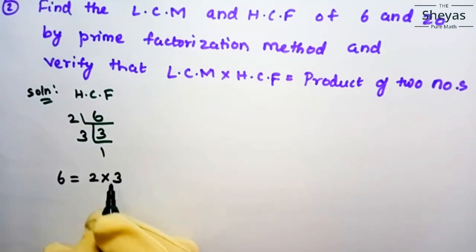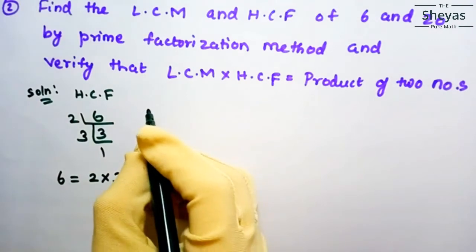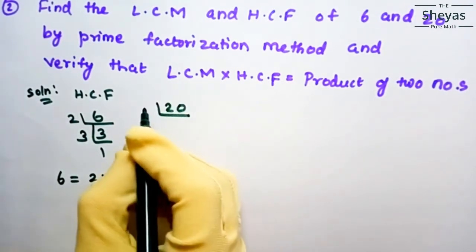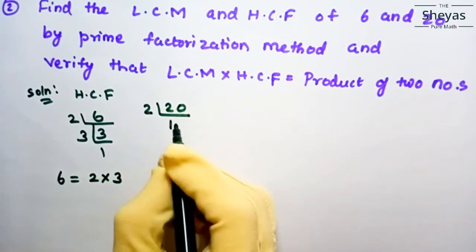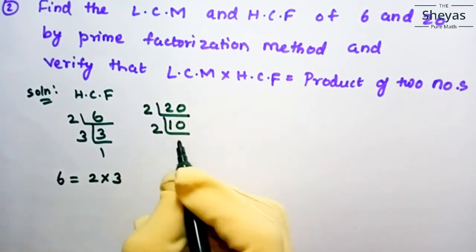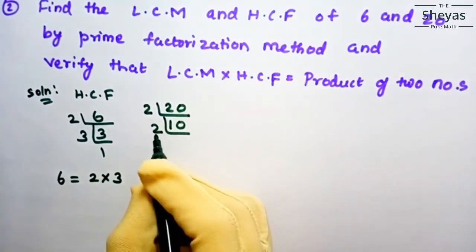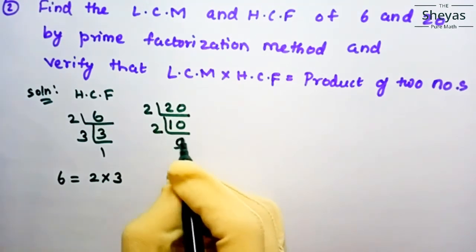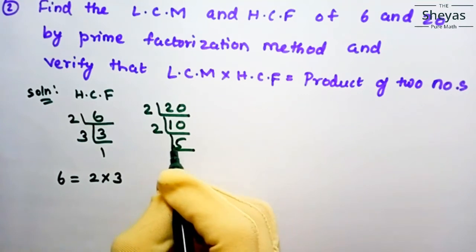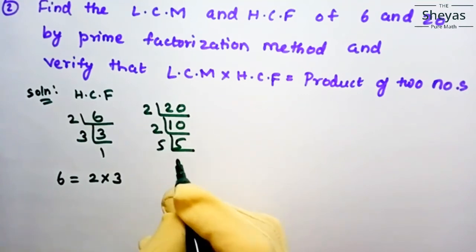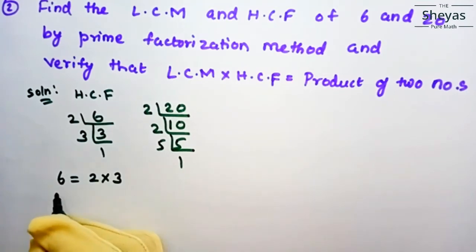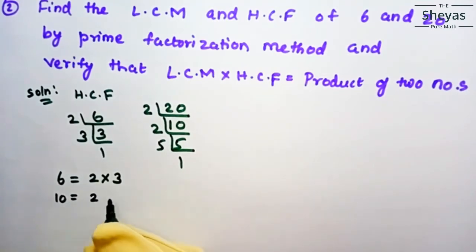So the prime factors of 6 are 2 and 3. Now I am going to find the prime factors of 20. So I am starting with 2, then 1 2s are 2, 0. So 2 times again 2 is a factor, so 2 is a factor of 10, therefore 2 5s are 10. Then 5 is a prime number, so I am writing 5 as such, so 1 5s are 5. So the prime factors of 20 are 2 into 2 into 5.